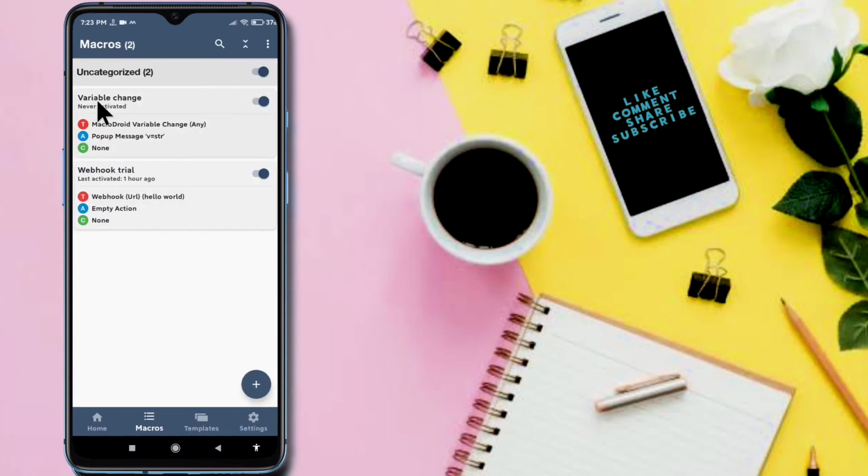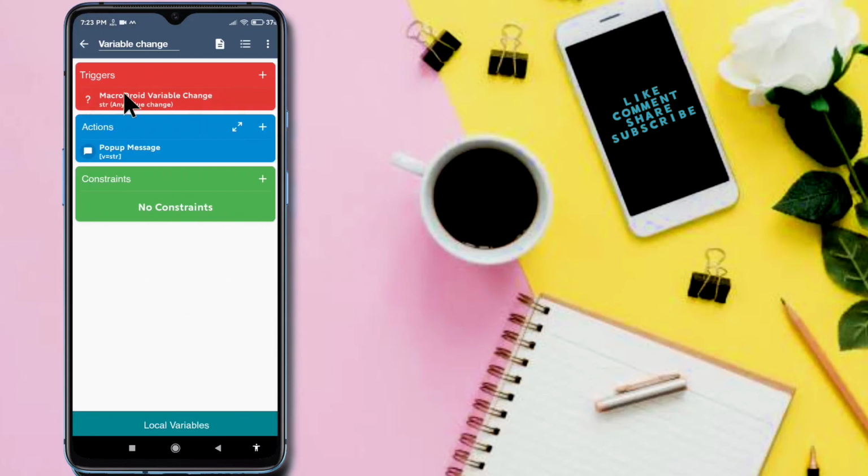But the variable change macro also triggers, because the string variable value changed due to passing a URL to the MacroDroid server, and this pop-up message will appear and print the string variable value in the center.